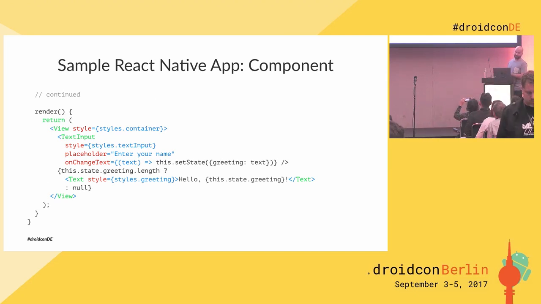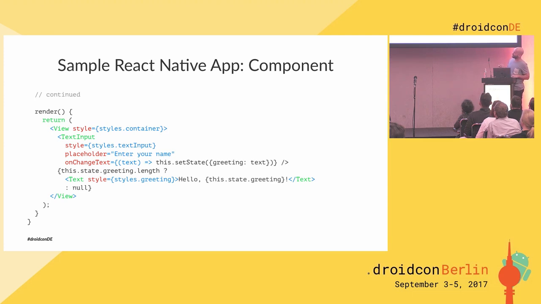I mentioned in the talk description that there's HTML in the JavaScript, which is very weird, but it's perfectly normal in React. So the render method, this is the one that does all the work of displaying our UI. It's kind of like an XML layout file in Android, especially if you've done data binding. It's kind of the same concept. So here we've got an outer wrapper that's our container for